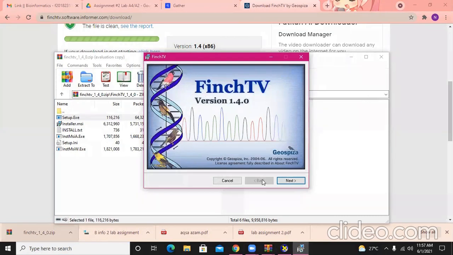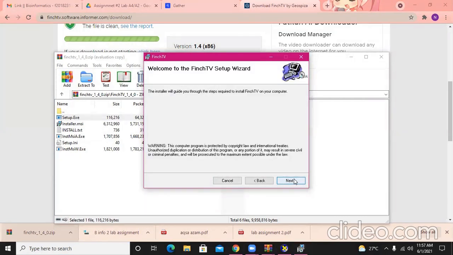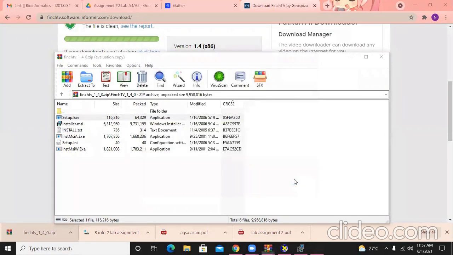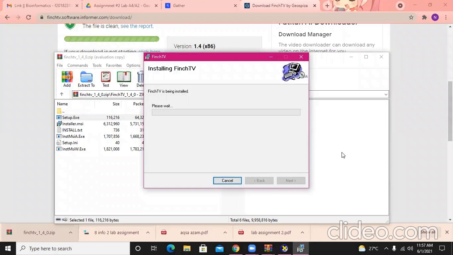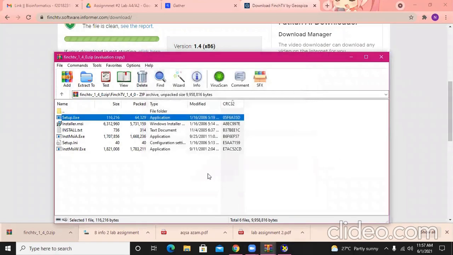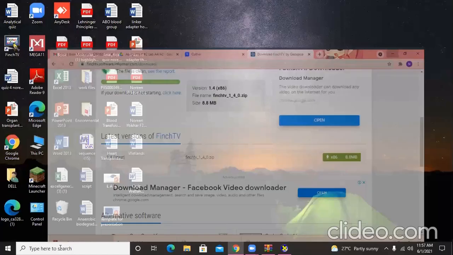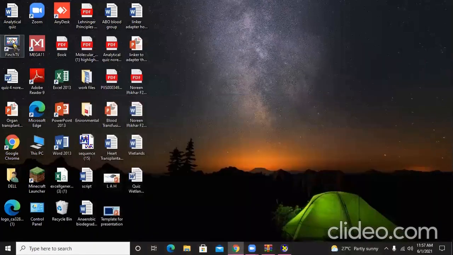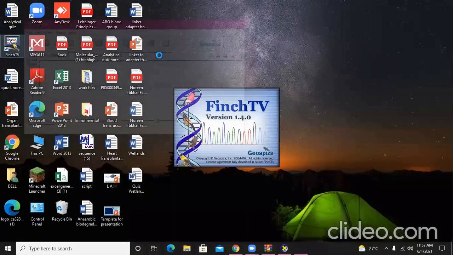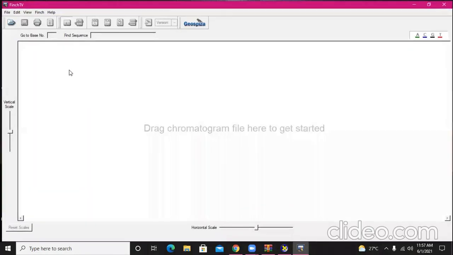हाँ नेक्स्ट करें, नेक्स्ट, नेक्स्ट नेक्स्ट। अच्छा तो इस तरह आपने इंस्टॉल कर देना है टूल, ठीक है। फिंच टीवी आपका इंस्टॉल हो गया, क्लोज करें इसको, इंस्टॉलेशन कंप्लीट। ये भी क्रॉस करें, बाकी सारी चीजें क्रॉस करें। सर यहाँ से सर्च करूँ? हाँ गया यहाँ पे सर। फिंच टीवी को ओपन करें,